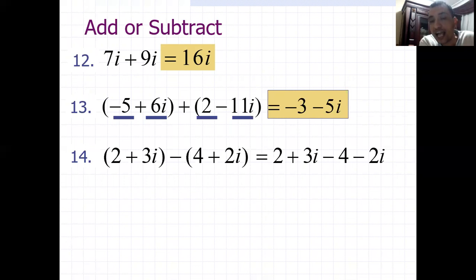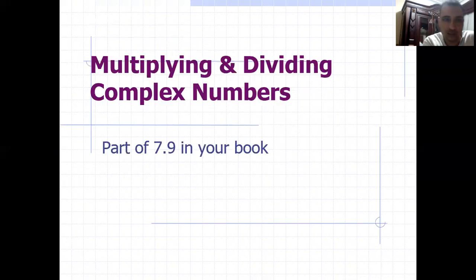Now you're going to add the like terms, 2 and the negative 4. It will be negative 2. 3i and the negative 2i is going to be 1i, so we will write it as i, like 1x, we write it as x. Now,